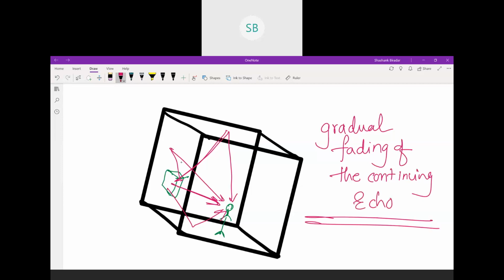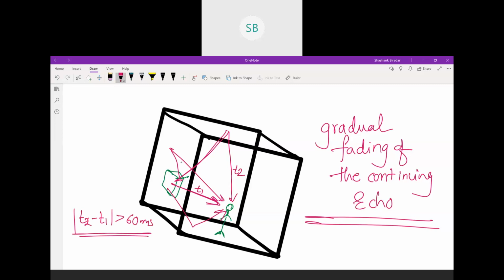And what we said earlier: when a person hears a reflected sound, it appears like a distant echo if the time gap, let us consider the time for this direct wave is t1 and for this reflected wave is t2, if the time gap between these two, t2 minus t1, or if we take the mod of that, is greater than 60 millisecond,